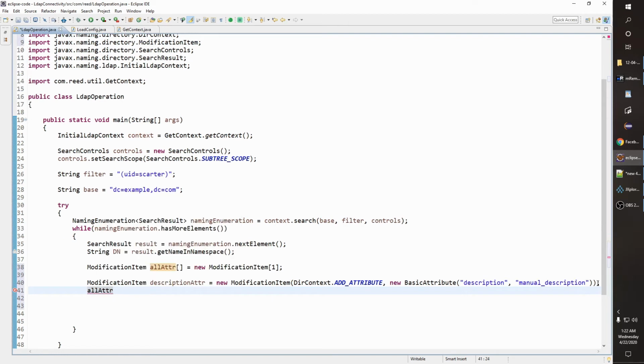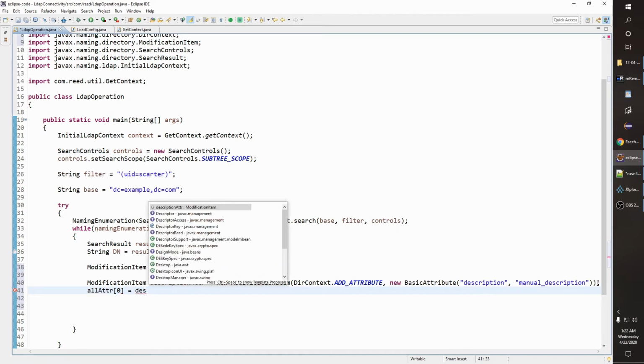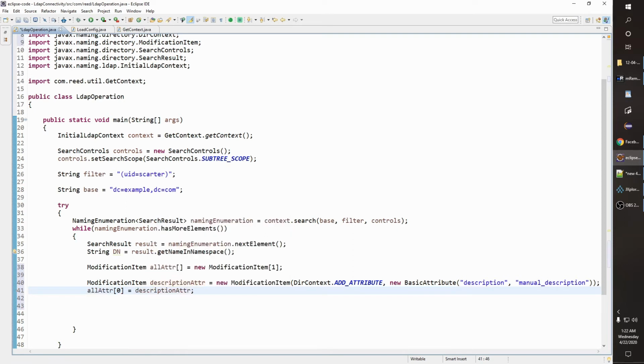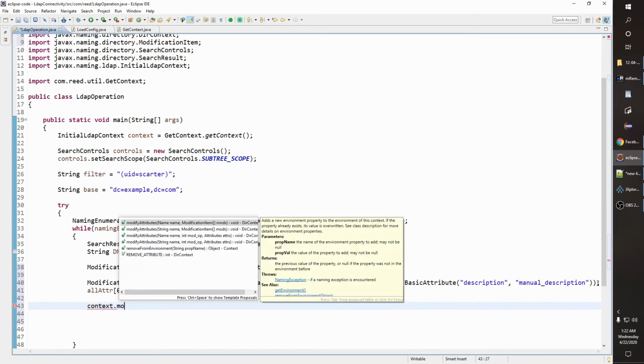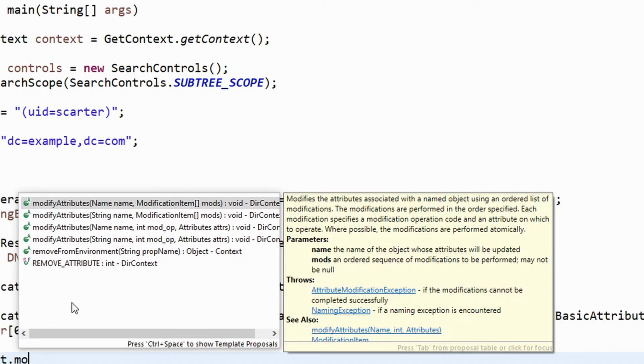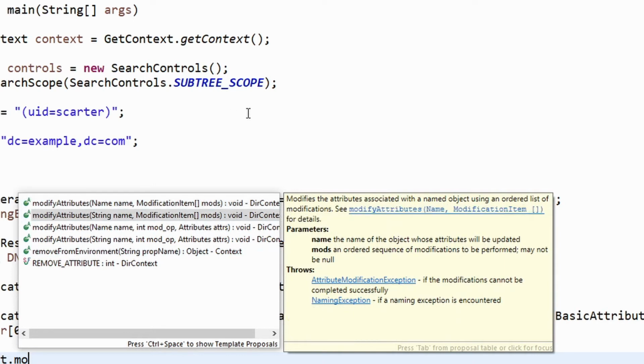Now in the attribute array at the 0th index, you have to have the description attribute. Done. Now what you have to do is context. Context is the object, and then you call modify attributes. Again, modify attributes is an overloaded method. Most of the cases we will be using this option only, because most of our requirements will be done using this method.